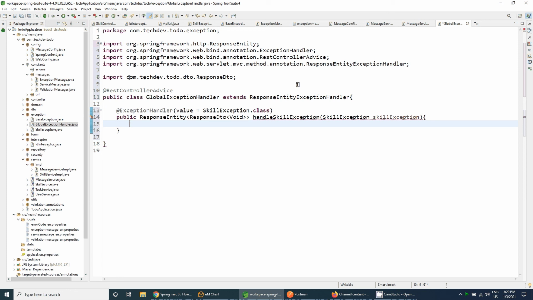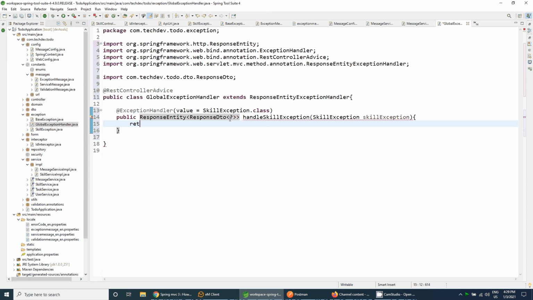So instead of this, we need to use a question mark, meaning any kind of data, because we are handling the SkillException with any type of data also. So let's start, and we need to return the response entity.